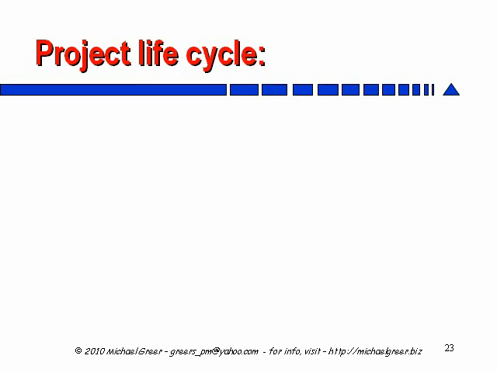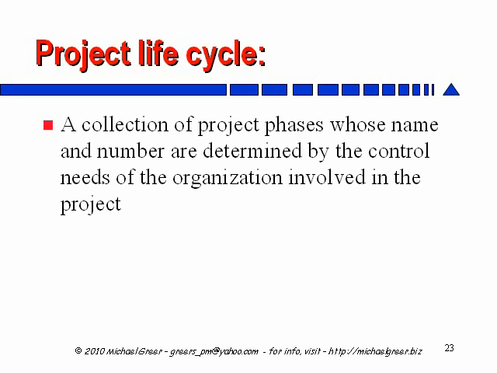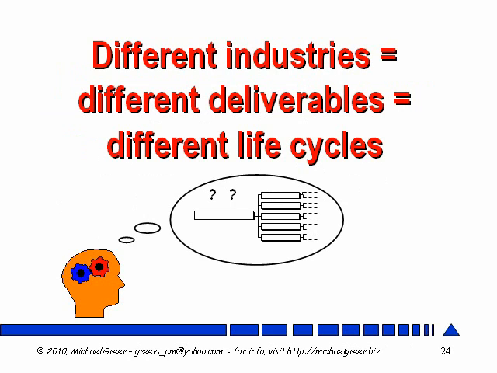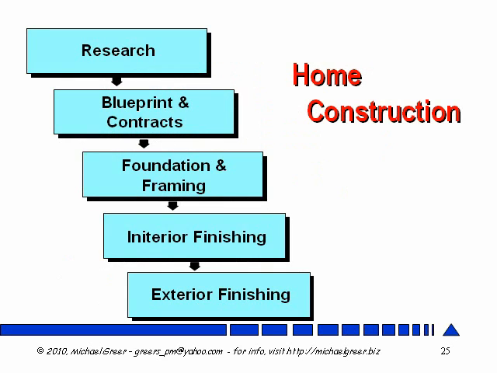A project life cycle, in contrast to a phase, is a collection of project phases whose name and number are determined by the control needs of the organization. So you pull together all your phases and organize them in an overall project life cycle. Now, a key phrase here is the words control needs. Different industries create different kinds of deliverables. Therefore, each industry needs its own unique life cycle in order to allow for the control during the gradual evolution